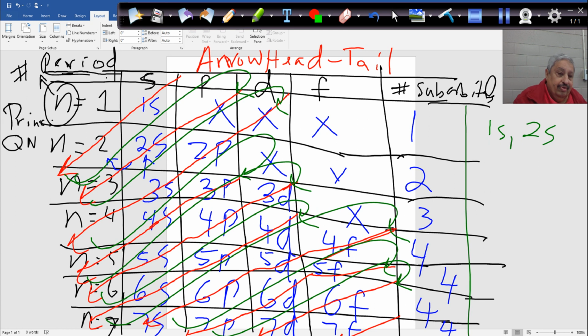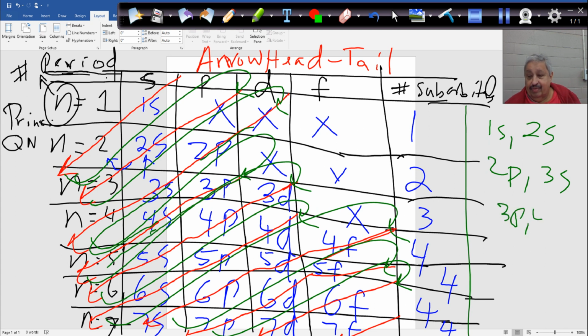And then go through 2s all the way to 2p, correct? Go back all the way to 3s. I'm going here 2p, 3s, go back all the way here 3p, 4s, and then I come here